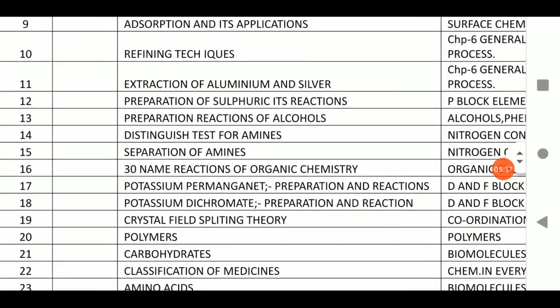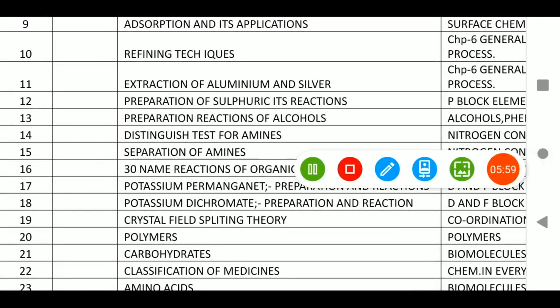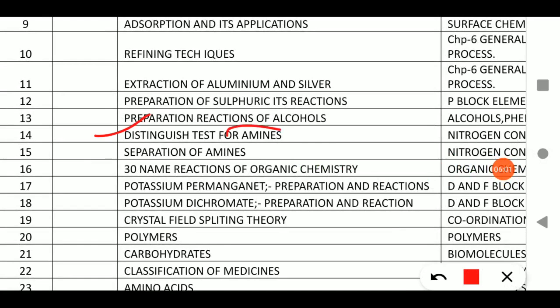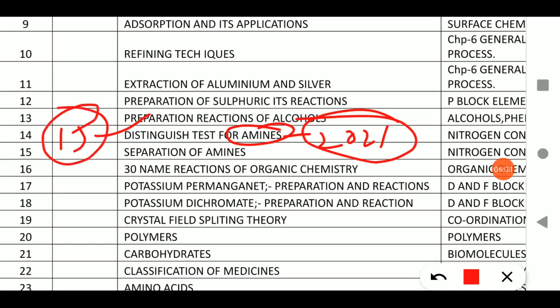now next is distinguishing tests for amines. Very, very important. Definitely in 2021 you will get one question from this topic. It will work for 15 marks for your practical examination and 1 mark for your 2021. So nitrogen containing compound. Okay, so it will be from chapter number